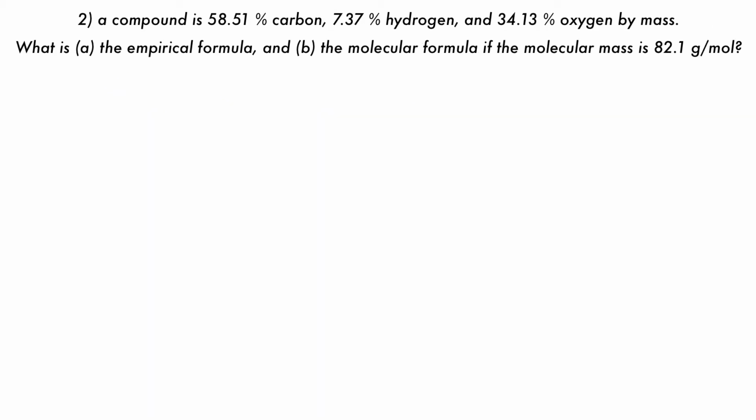Number 2 then. We're told that a compound has 58.51% carbon, 7.37% hydrogen, and 34.13% nitrogen by mass. And again, we're asked to find the empirical formula and the molecular formula if the molecular mass is 82.1 grams per mole. So, since we're given percent composition, we will assume that we have 100 grams of our sample, which will give us